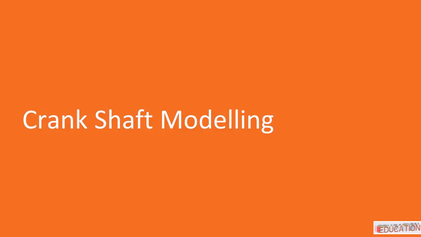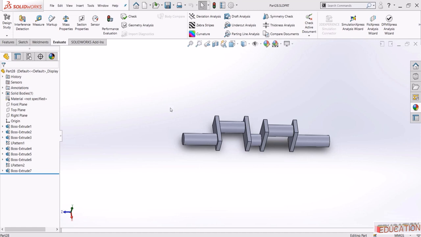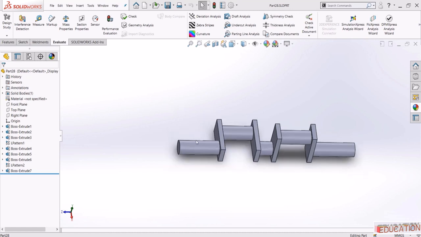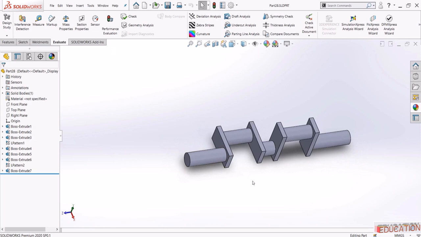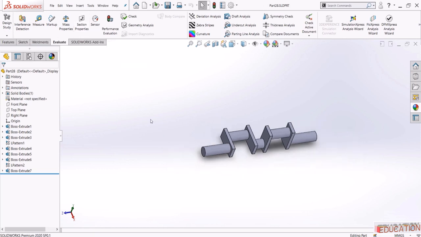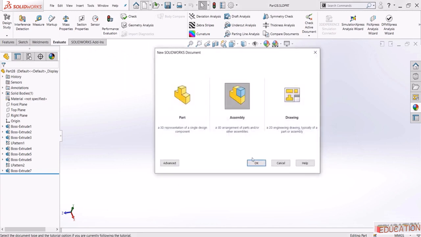Crankshaft modeling. Now, we will create this crankshaft. This cylinder will be a separate part, and this body will be a separate part, and so on. So we will create a sub-assembly, and then we will add it to the main assembly. So let's start with a new part file,